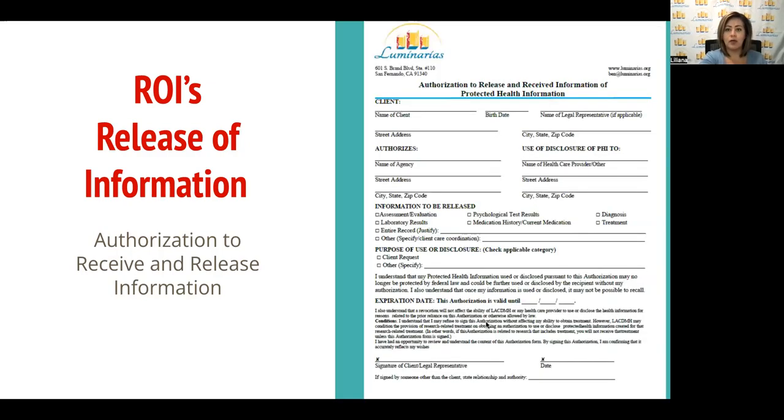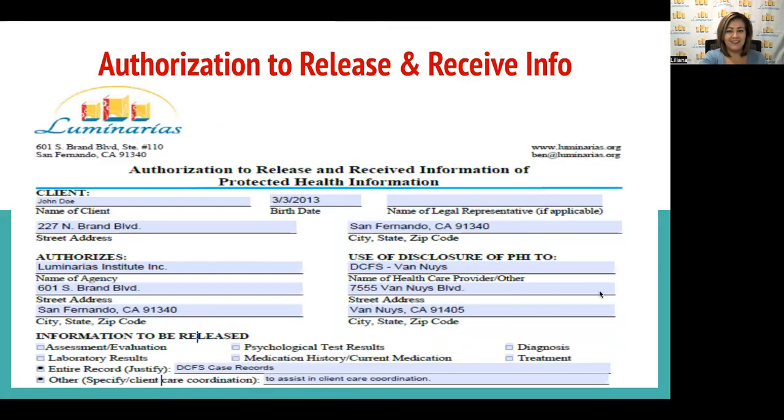So this is what our ROI looks like. We add the client's name, birth date, their address, and who's authorizing. The parent is authorizing Luminarias to disclose information to the Department of Children and Family Services. We try to check off entire record, and we let them know what it is that we're going to be using it for. If it's easier, just check off